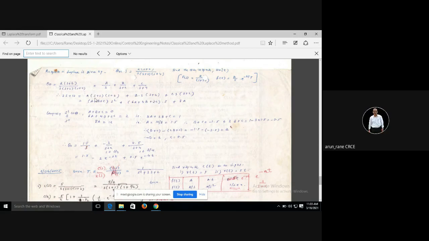Okay. So now you compare this numerator so that you will get the values of A, B, C. Basic maths of the partial fraction method. I hope you know how to find out the values of A, B, C. So I'll skip this. I got values of A, B, and C as this: B is equal to -2, C is equal to 0.5, and A is equal to 1.5. So I'll substitute here now: 1.5 upon s, -2 upon s plus 2, and C, 0.5 upon s plus 4.